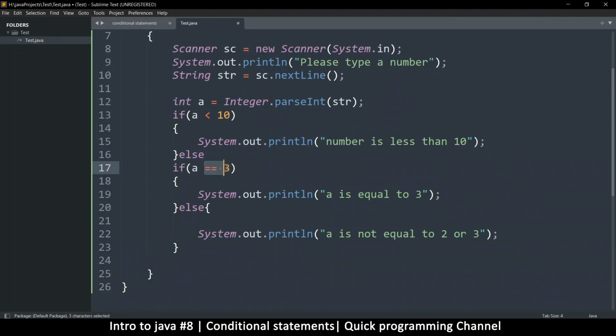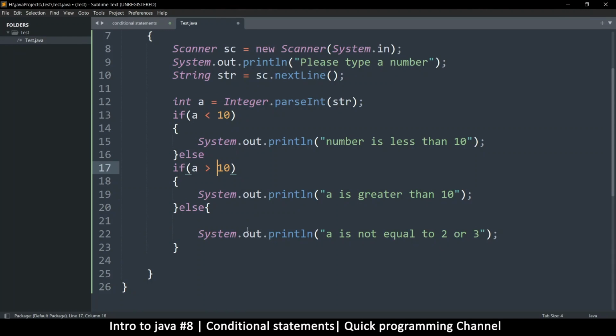And over here, if the number is greater than 10, we'll do that. Something like this. So the number can be less than 10 or greater than 10, or if it's none of the above,